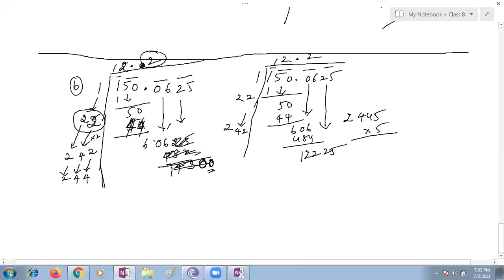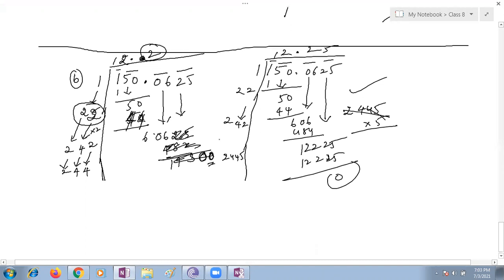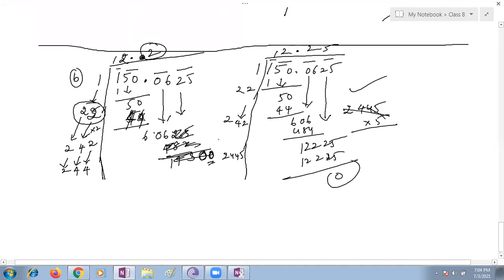See, children. 2 4 2 4 4 2 4 4. If you take 5 directly, you will get the answer. 12,225. Yes, it's a 0. This is correct, children. Ma'am, it's very satisfying to see our answer is correct. Because instead of 44, we were taking some other number. We took 0 for 50 only.